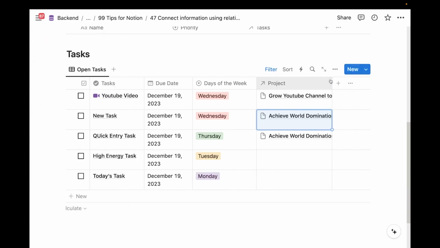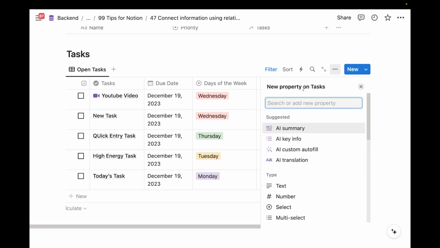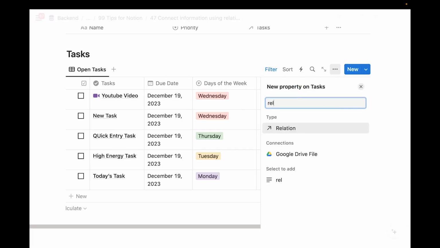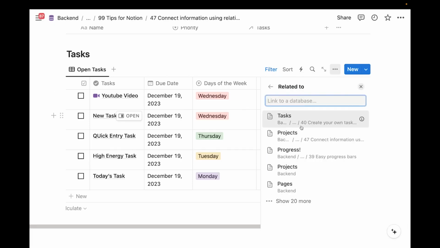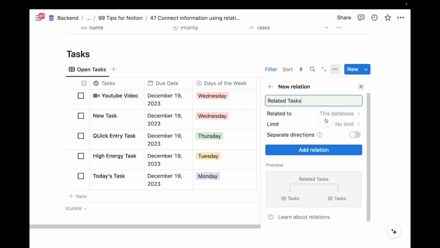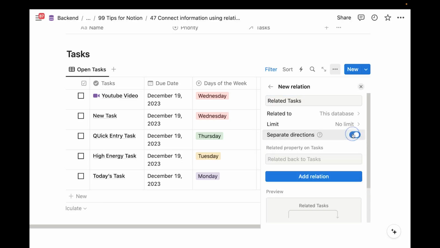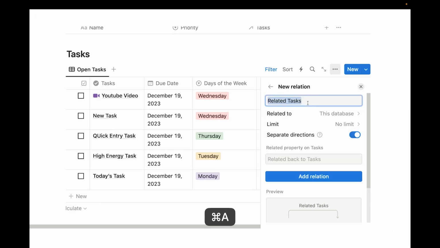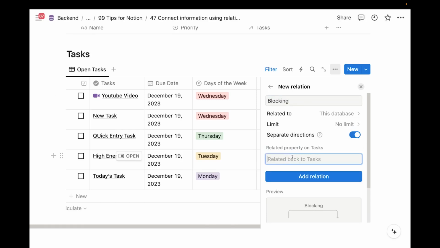So for example, maybe for your tasks, you have something that will block something. You could create a relation and say, okay, please relate this to the same database. You get this info icon here on the side that tells you that. Show that on, again, show two things, and say, okay, blocking, right? So the first entry will be blocking and the second one will be blocked by,